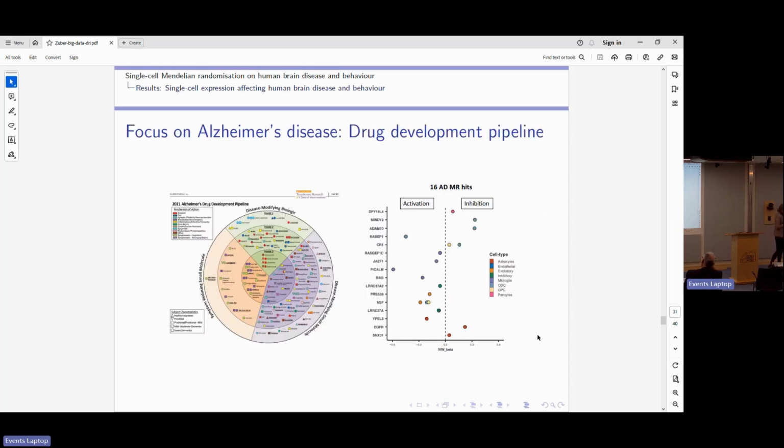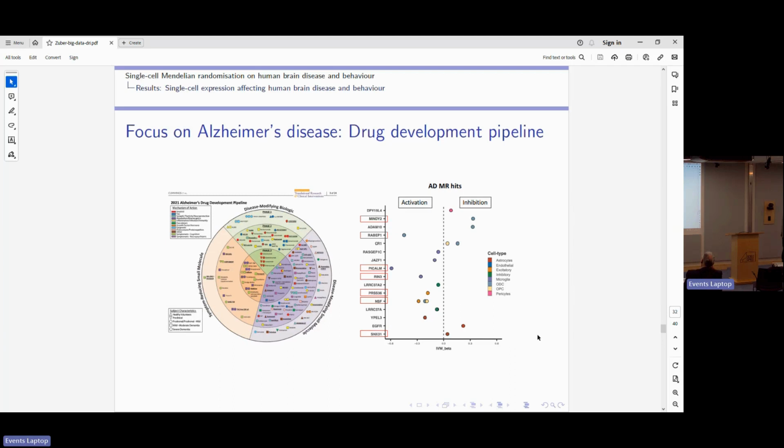So here, in this plot, you see our 16 Alzheimer's disease hits that we have from MR, where you see the effect size on the x-axis, either indicating activation or inhibition, so kind of which direction the target would need to act. And here in red is highlighted expression of genes that have potential drugs linked to them, so that could be used to take forward for prioritization